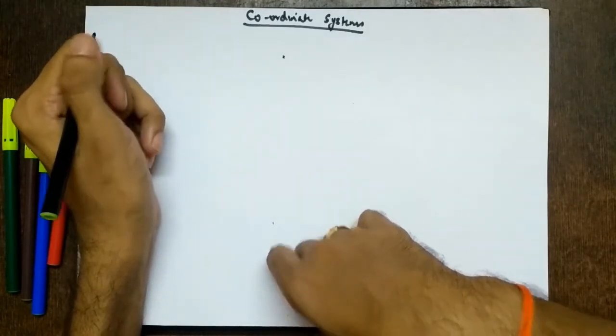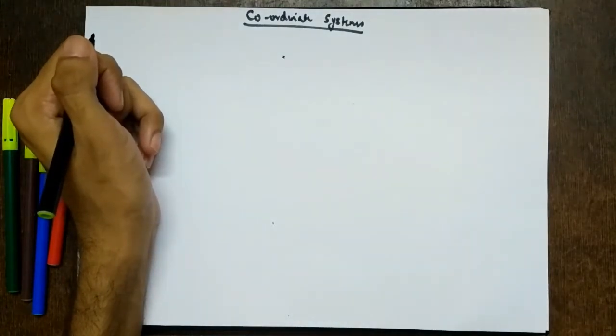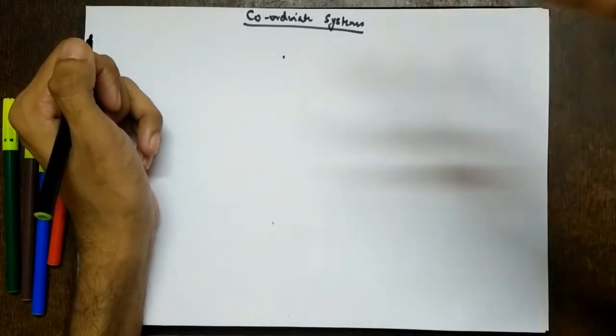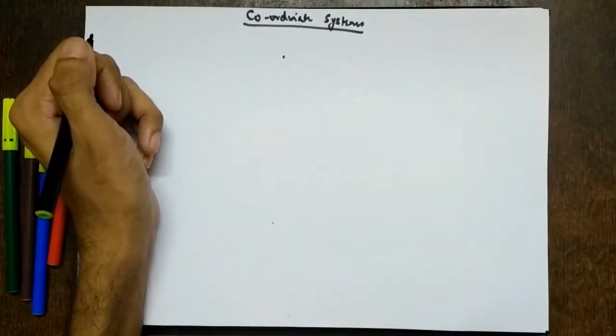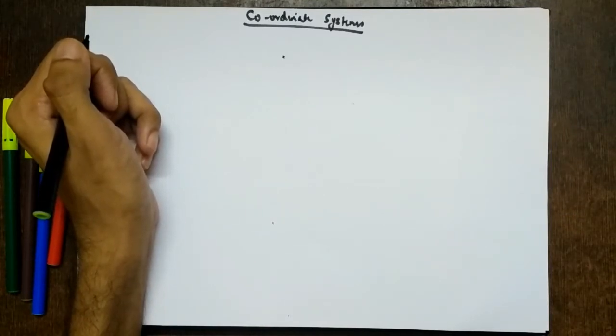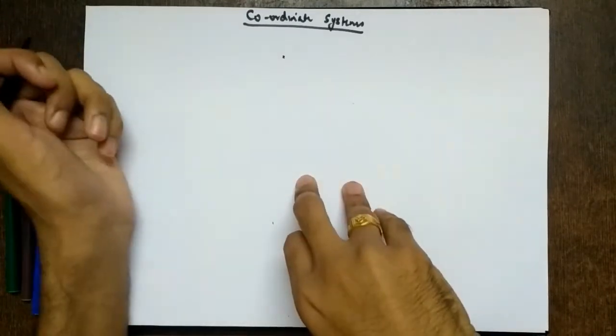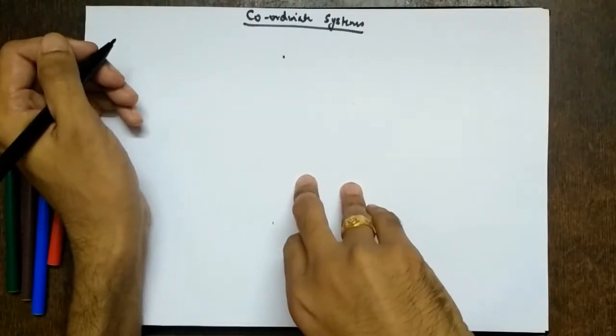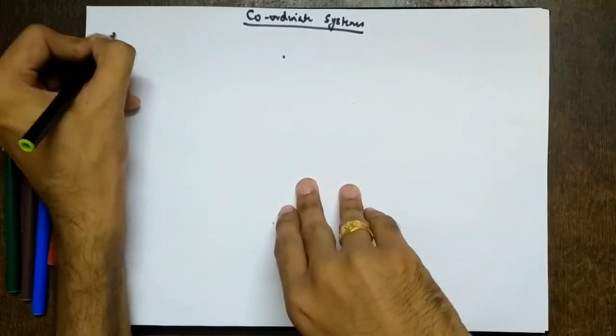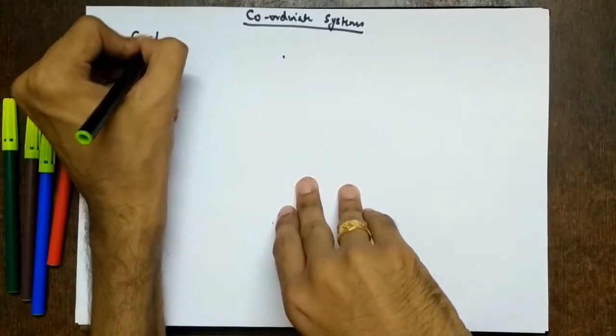If it is traveling in free space, we can consider it is traveling inside a sphere. But we can consider it to be traveling along a cylindrical structure also. So depending on the structure, which coordinate system we use makes the task very much simpler. That is the reason we study coordinate systems. There are three types of coordinate systems: Cartesian, cylindrical, and spherical. First we'll see the Cartesian coordinate system.